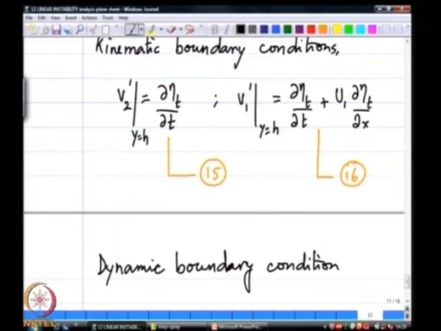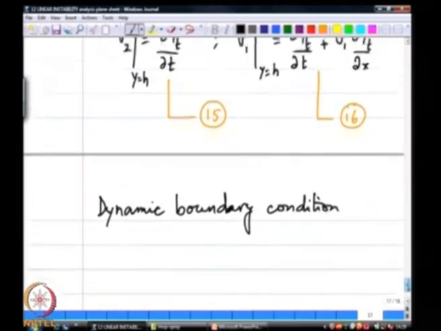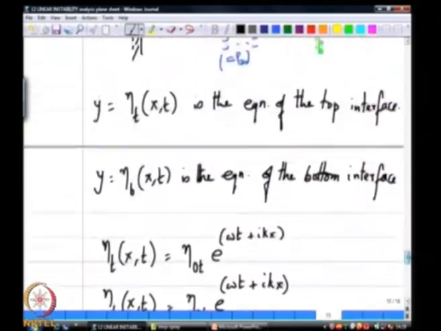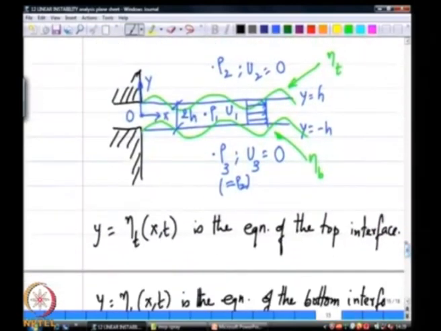How many dynamic boundary conditions do I expect to have? There is only going to be one, because the dynamic boundary condition amounts to a force balance on a tiny element. So, if I take an element of fluid just like that